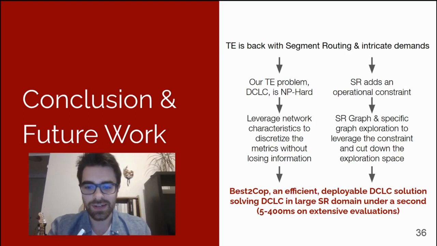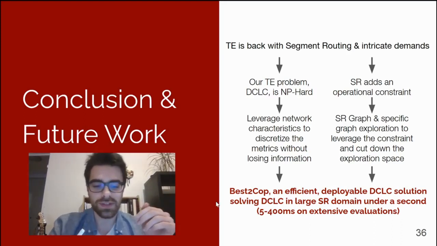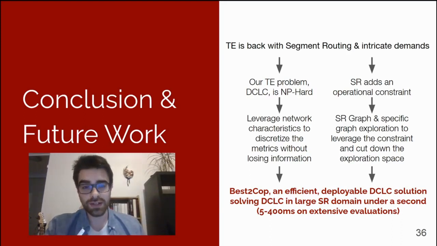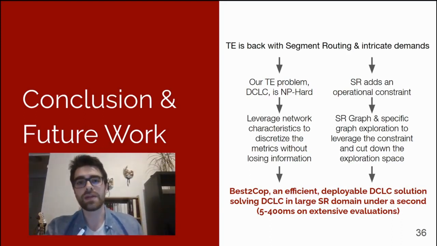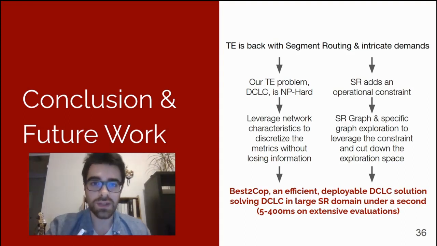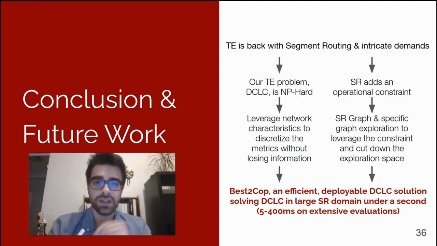Right, so I promise it's the last time you'll have to see my face, but in conclusion, what's this presentation all about? Well, traffic engineering is back with a vengeance, thanks to segment routing, and so ISPs want to be able to compute more intricate paths. In particular, here we aimed to tackle the DCLC problem, which is NP-hard, on top of which segment routing added another constraint. We managed to deal with this by